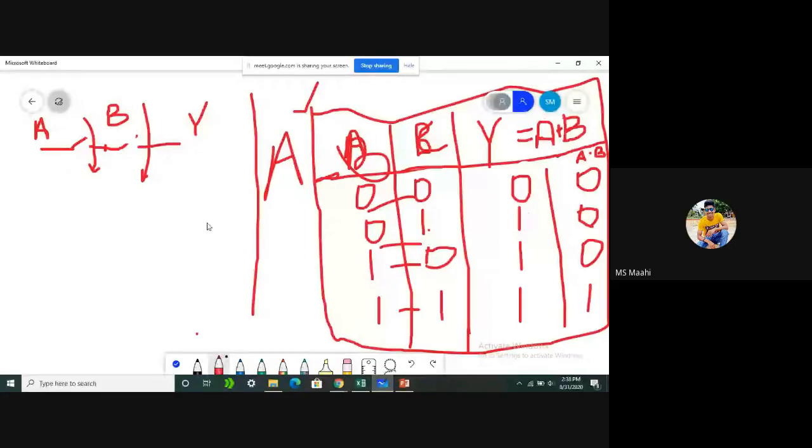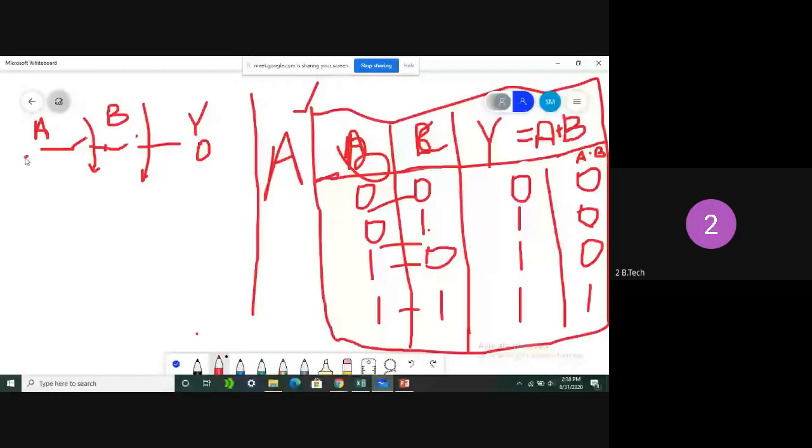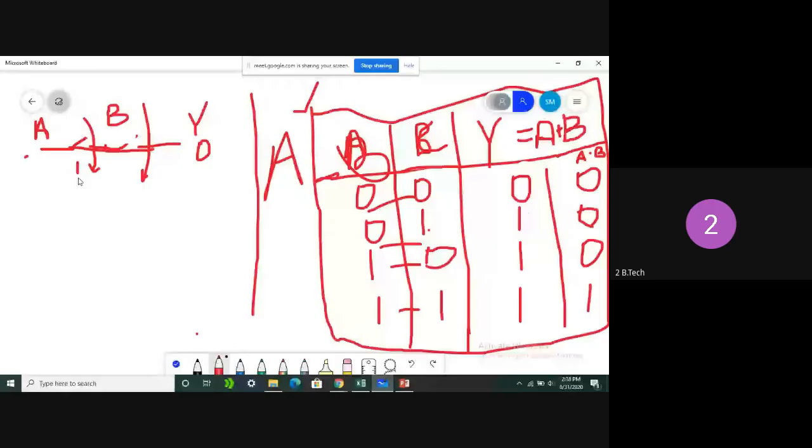0. For example, consider A is closed, but there is no direct path to the output as B is open. So output is 0. If A is open and B is closed, the input is present only at A, so there is no path from A to Y. Clear all of you? If both are closed, what is happening? In the sense both are high, so we can see a direct path here. This is how the AND gate can be represented.